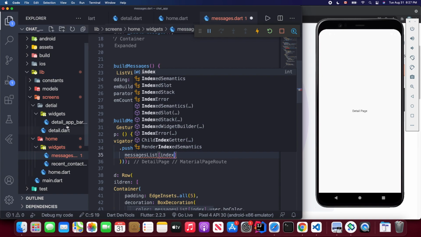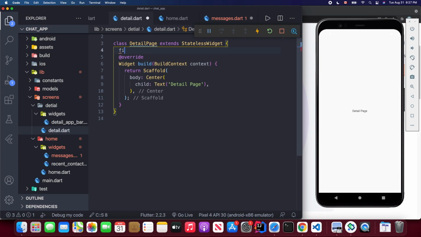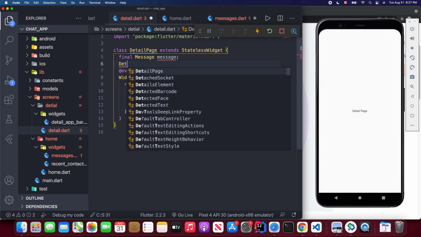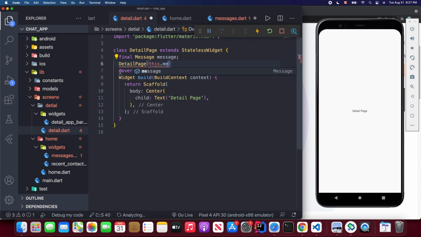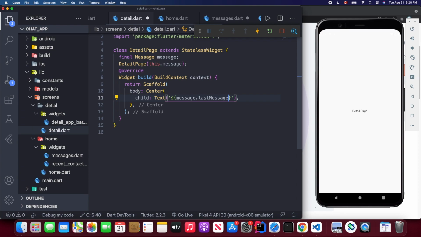So we're going to change this detail page. I'm going to define a message attribute, and I'll call it message. Here I'm going to import a class, then implement the constructor using this syntax sugar, so we can actually access the message in here. Here I'm just trying to access some attribute inside this message, for example, the last message. So let's save. You'll be able to see